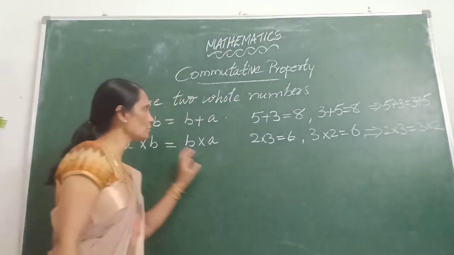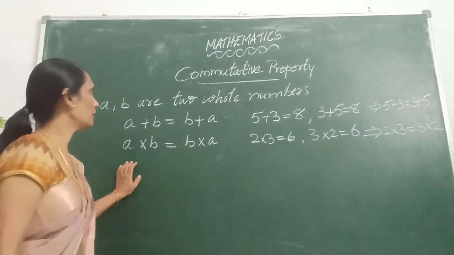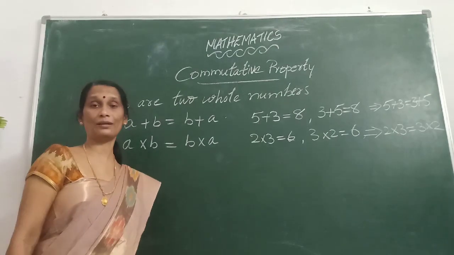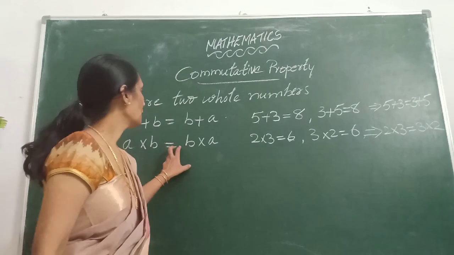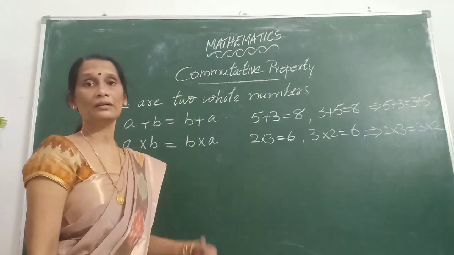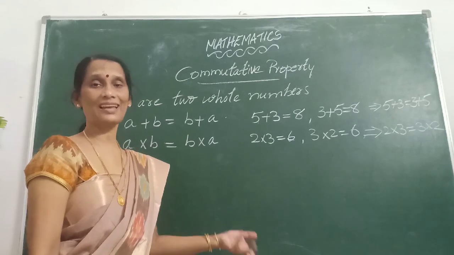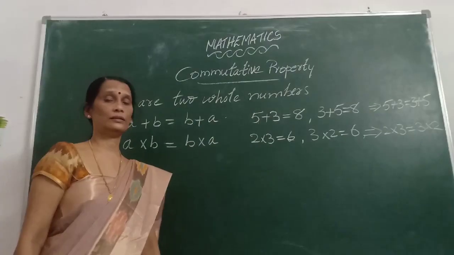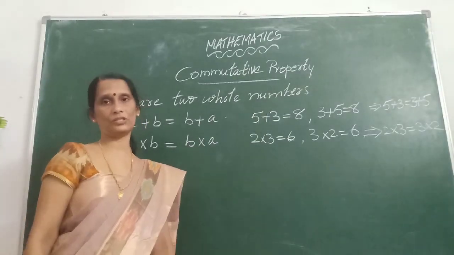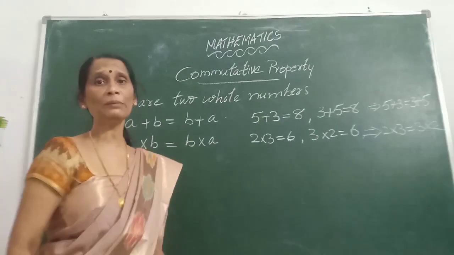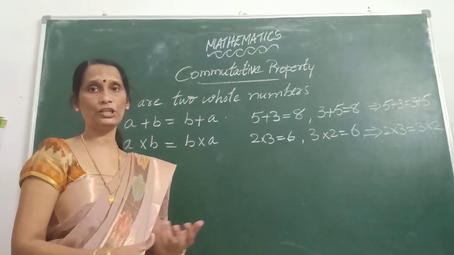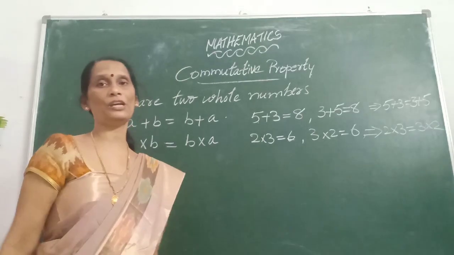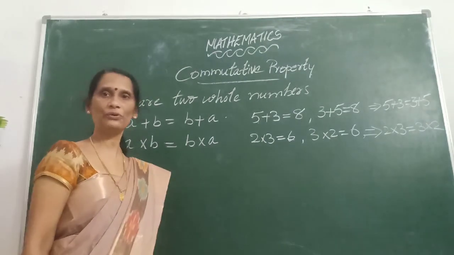You learned these two facts in earlier classes, right? We learned that addition is commutative in whole numbers, natural numbers, and integers also, and multiplication is also commutative in whole numbers, natural numbers, and also in integers. Today in this class, we are going to learn, in the case of rational numbers, what about the binary operations? That means addition, subtraction, division and multiplication. Which among these operations are commutative? We will see now. Shall we see?